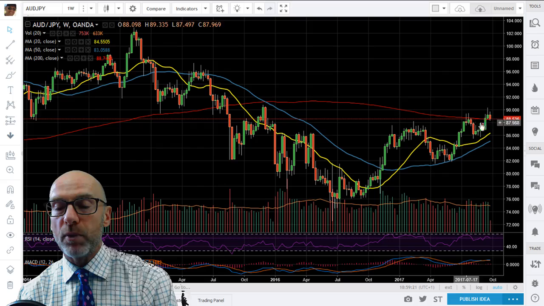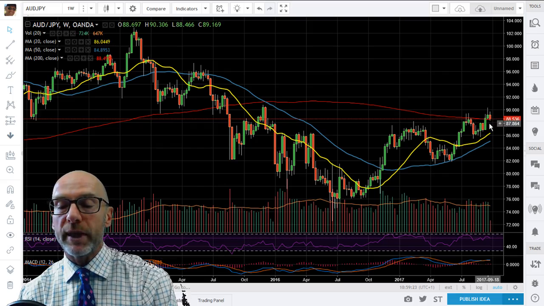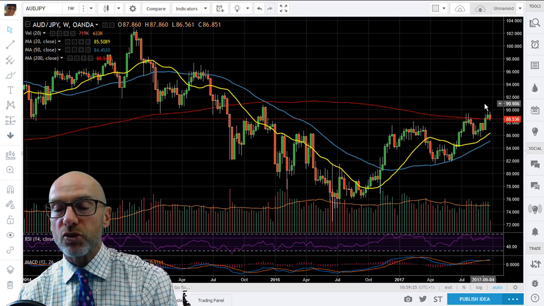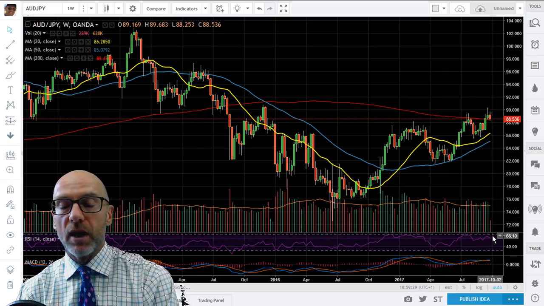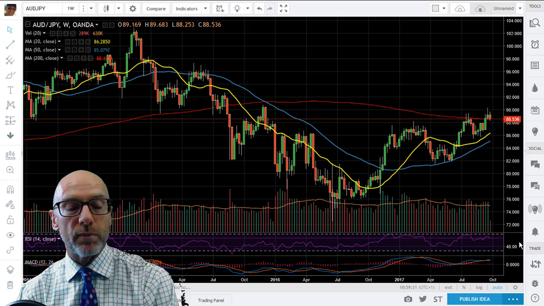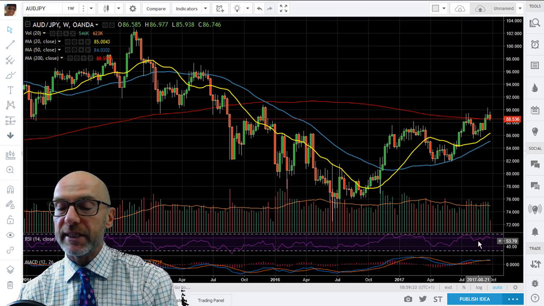Also, you can see that on this weekly we've pulled back to support. We're in an uptrend, and we did have positive momentum. RSI is still well above 50, 60.78, and it is in a slight uptrend,